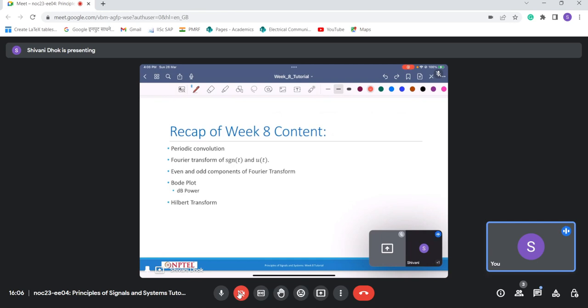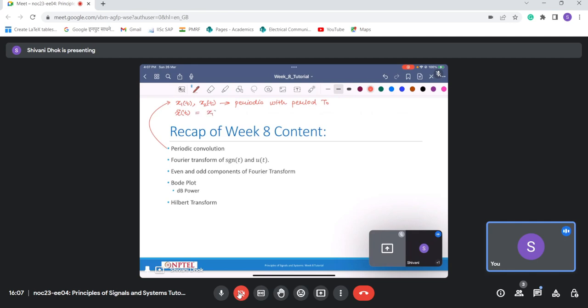It says that if I have two signals x1(t) and x2(t), and both of these signals are periodic with common period T0, then the circular convolution x tilde(t),